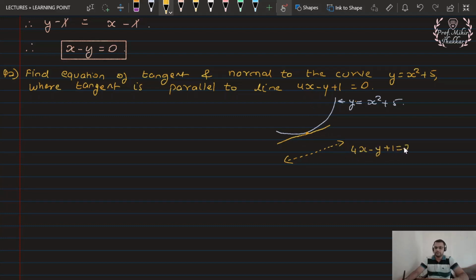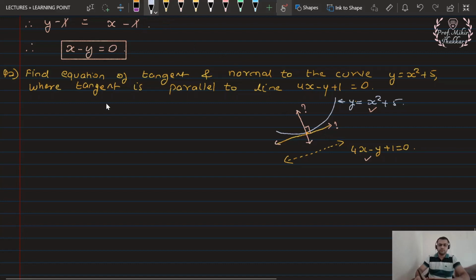4x minus y plus 1 is equal to 0, and the normal is actually perpendicular to the tangent. So this is our required normal. So we need to find out the equation of the tangent and the equation of the normal. Equation of the curve is known, and equation of a line which is parallel to the tangent is also known. So how do we do this? Let us understand this. We first of all start by considering over here, as we did in the previous case also,